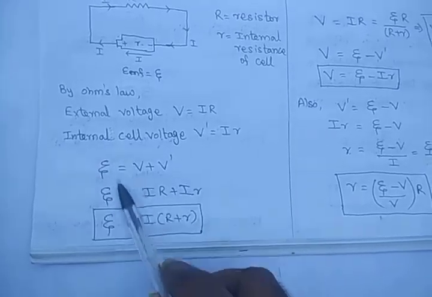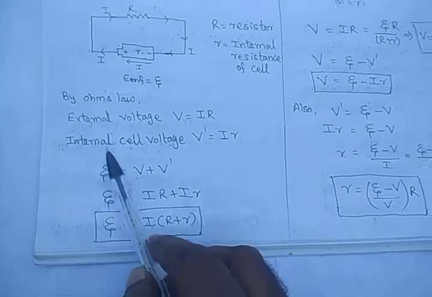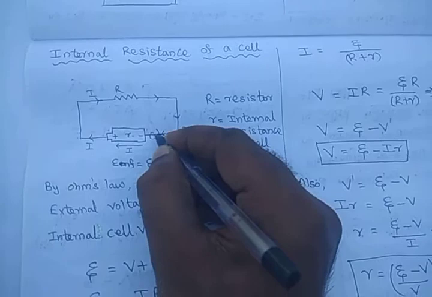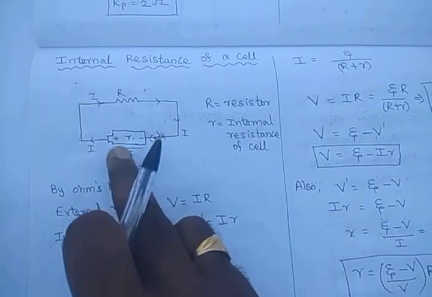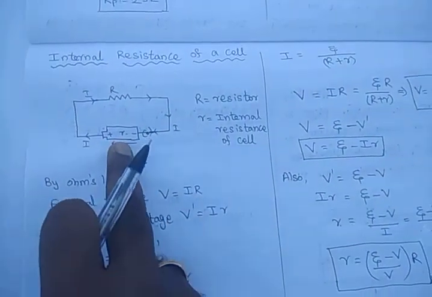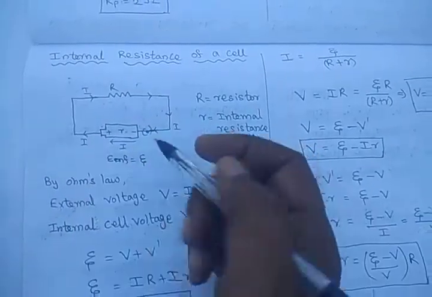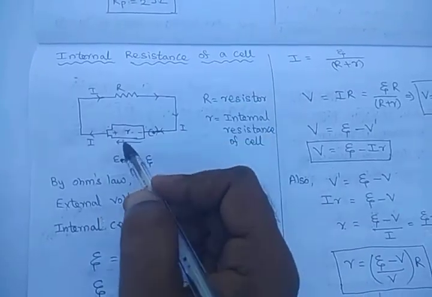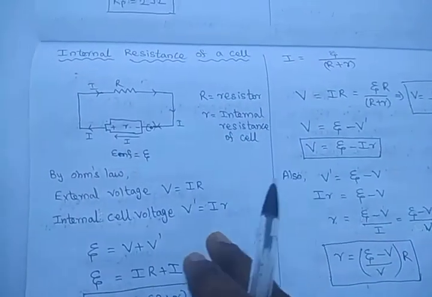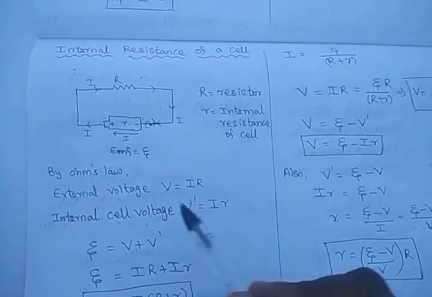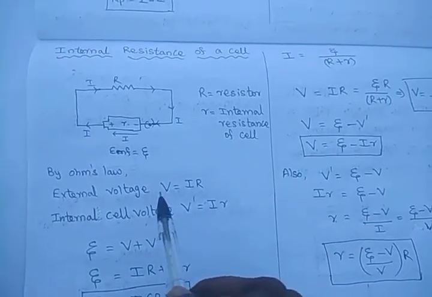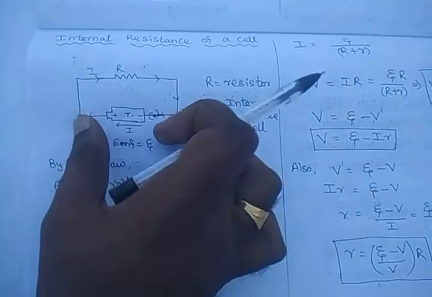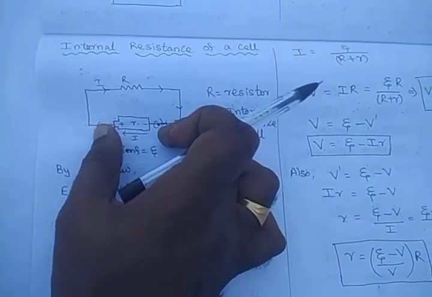Listen, the EMF of a cell is for the open circuit, even when the battery is switched off. Here we have a key, which means if the key is switched off, this battery still has 1.5 volt. If the battery is switched on, that battery supplies 1.2 volt to the external resistor and 0.3 volt to the internal resistor. So don't confuse EMF with potential difference. EMF is the voltage for the open circuit. So even if the battery is not connected, this battery has an EMF of 1.5 volt.